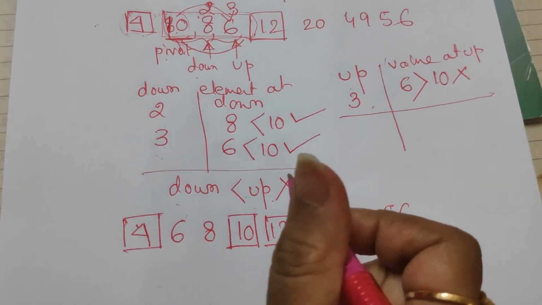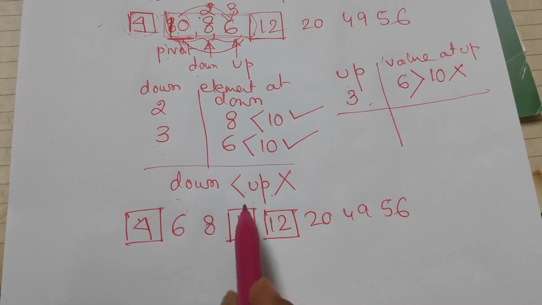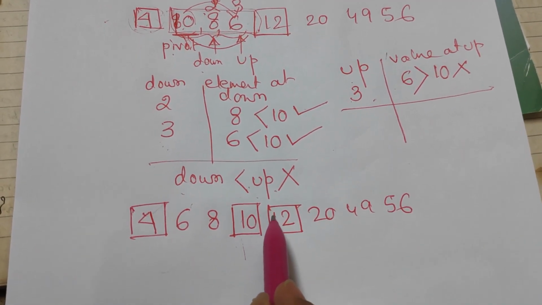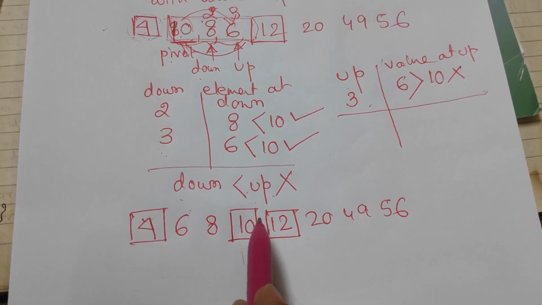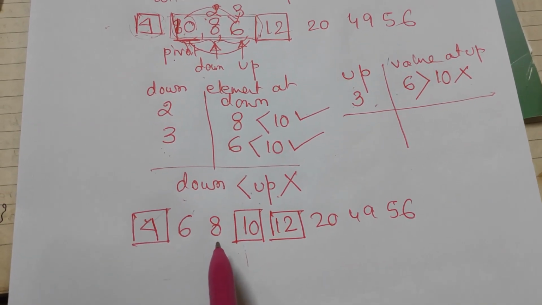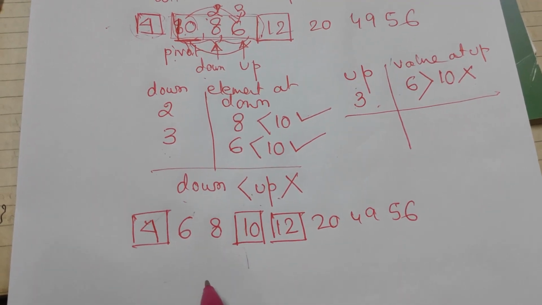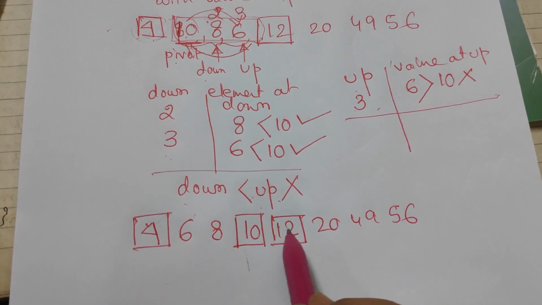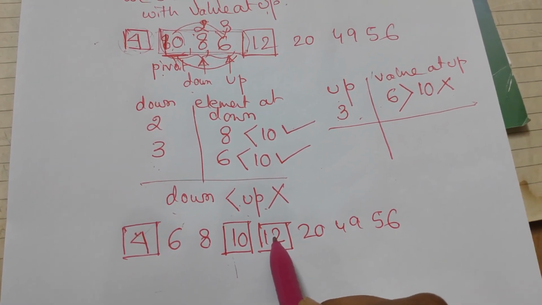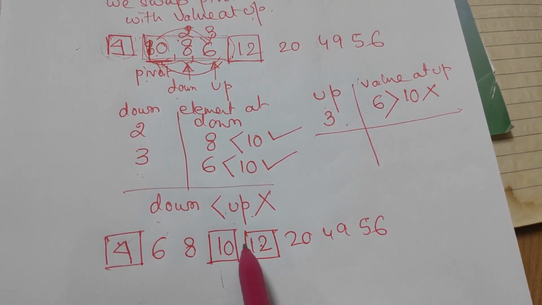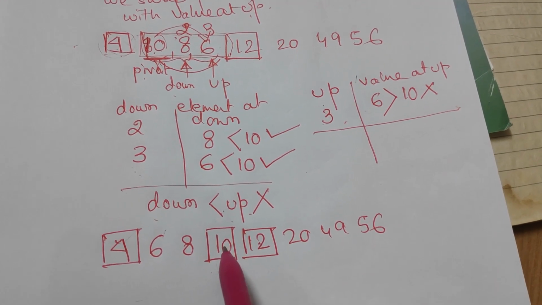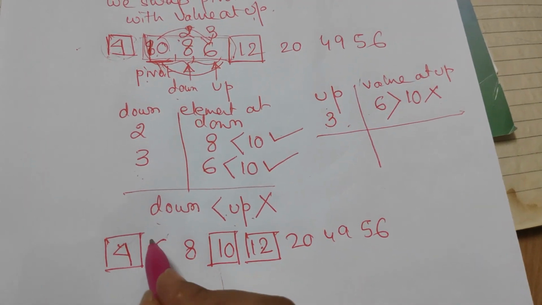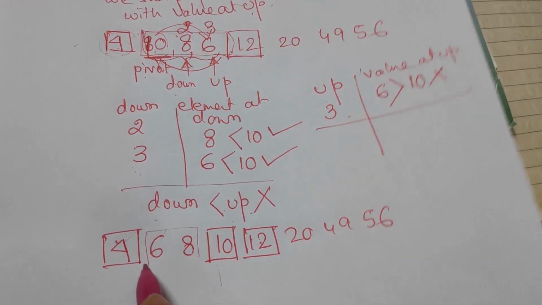Right? Now you see, since 10 has got the pivot value, we have to handle the left hand side and right hand side of 10 now. We have to sort the left hand side of 10 separately and sort right hand side of 10 separately. There is no right hand side of 10 because after 10 we have got 12, which is an already sorted element. So we don't have any other element in the list after 10 and before 12. So we are left only with these two elements.